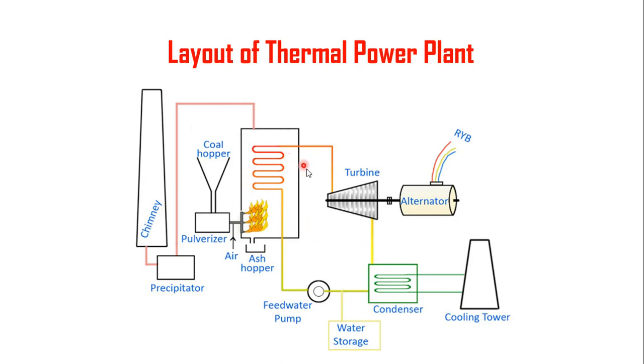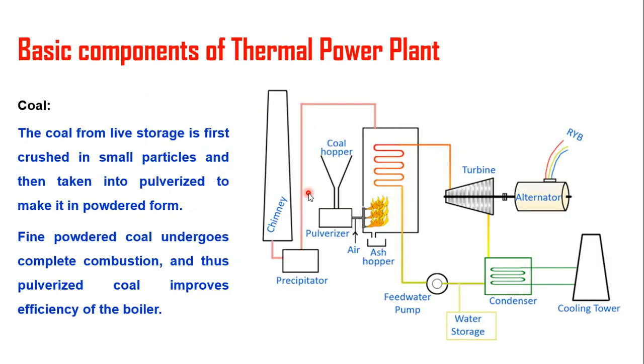Meanwhile, I will discuss the basic components used in thermal power plants. Coming to the first point, coal. In a coal-based thermal power plant, coal is transported from coal mines to the generating stations. Generally, bituminous coal is used as a fuel. It is one type of coal. The coal, first of all, is cleaned in a magnetic cleaner to filter out any iron particles present, which may cause wear and tear in the equipment.